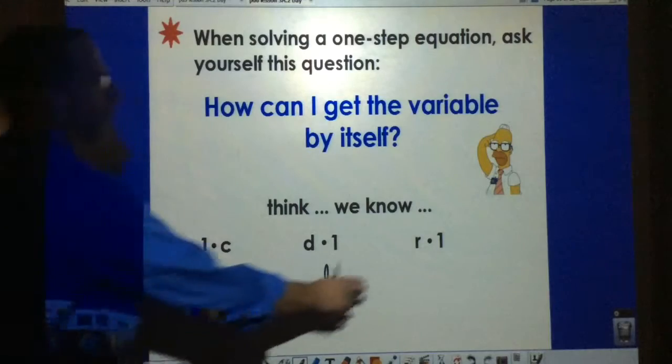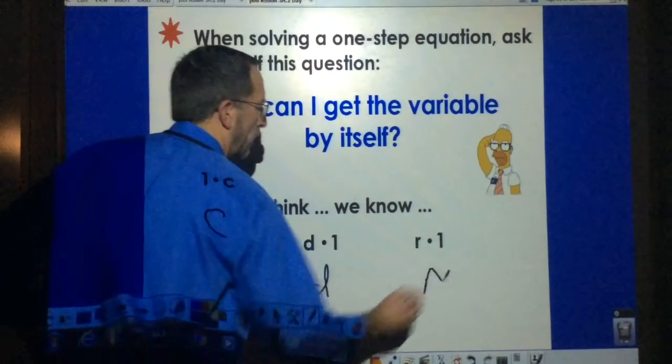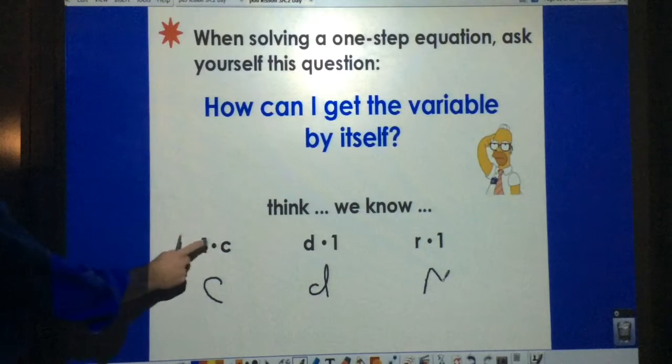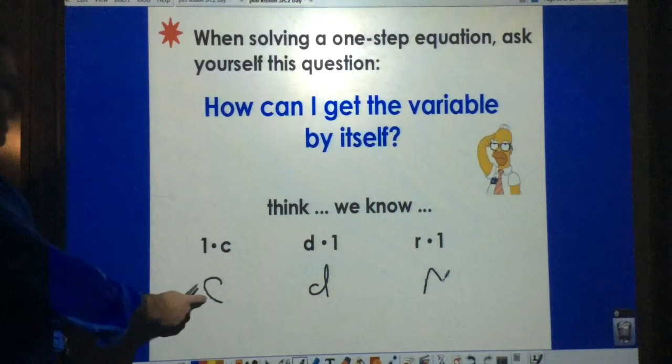Keep that in mind. If we can create a 1 and multiply by the variable, we get the variable by itself. So in the next slide,